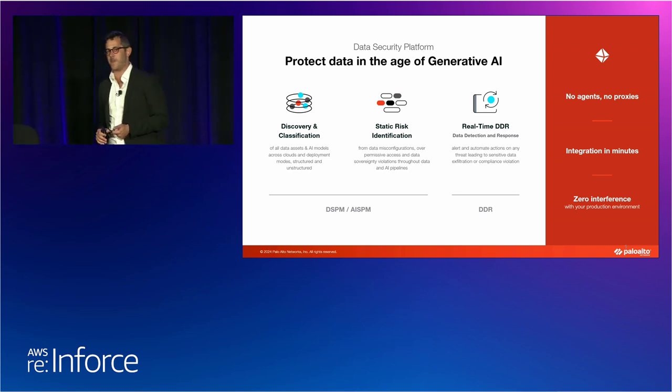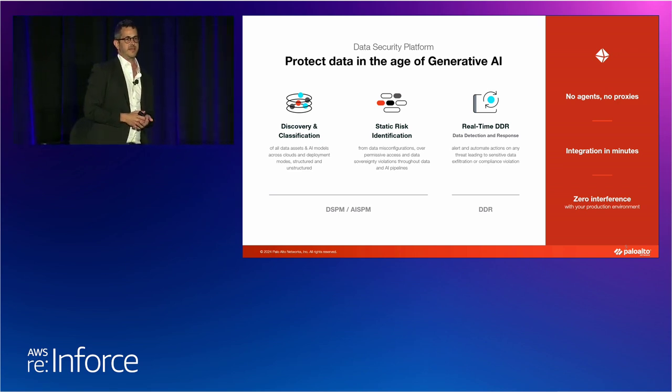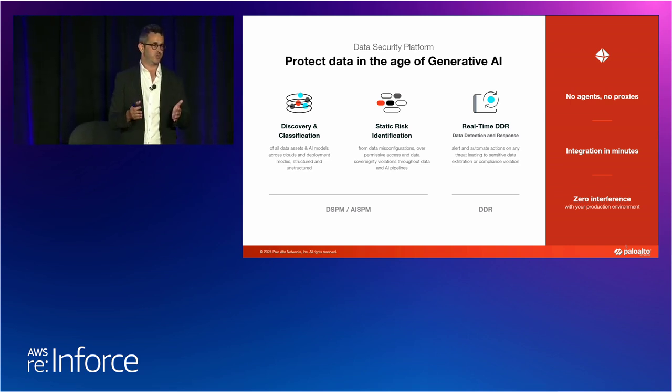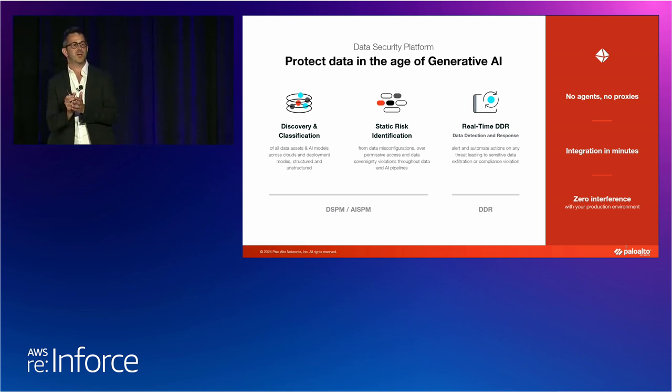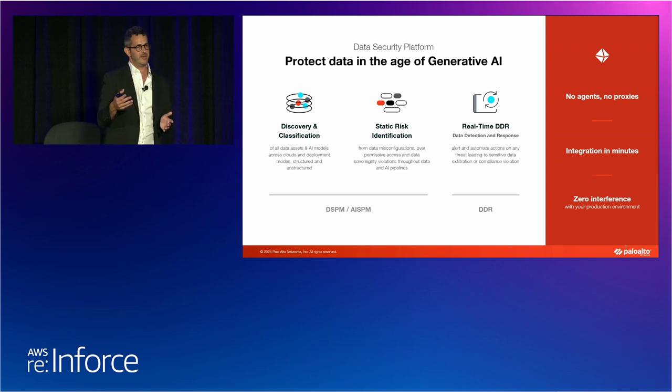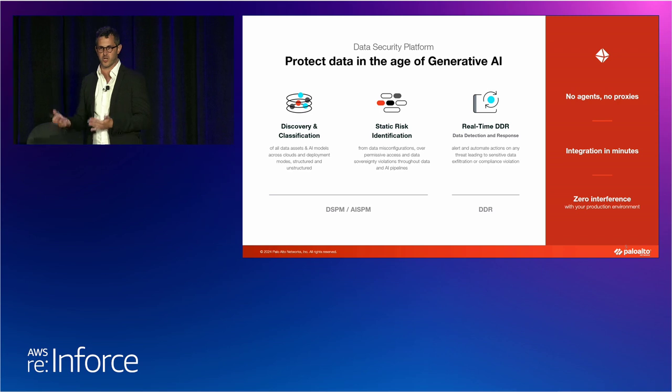Everything is done automatically. Now, once we discover and find all these different types of data stores, we also automatically classify all the data. Now, the big innovation, and what I think catapulted Dig Security and this approach in this market, is that, again, we will never use a connection string. What we essentially do is every single time we find a data store, we either take a backup, an export, or a snapshot of that running data store. We mount it on the side in the customer's environment, do the analysis of the data, and then once we're done, we eliminate that backup, that export, that snapshot that we just generated.